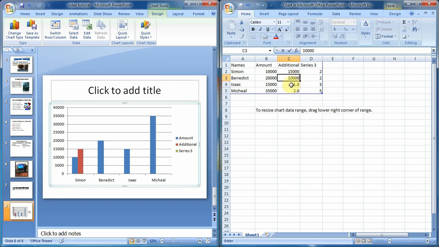Then for Isaac, we are going to say 20,000. Then for Michael, I will just say 10,000. So when I click aside, then we shall see that we have edited our chart